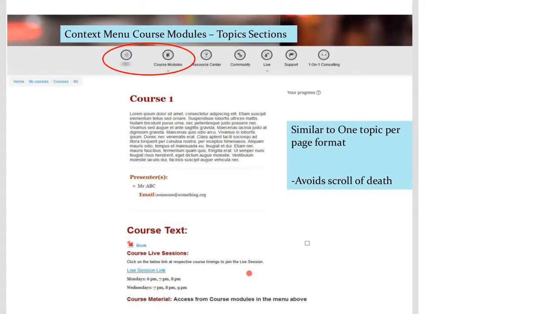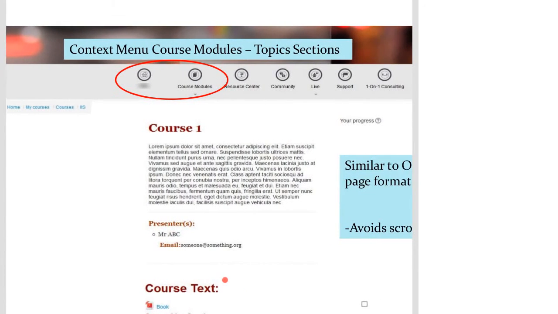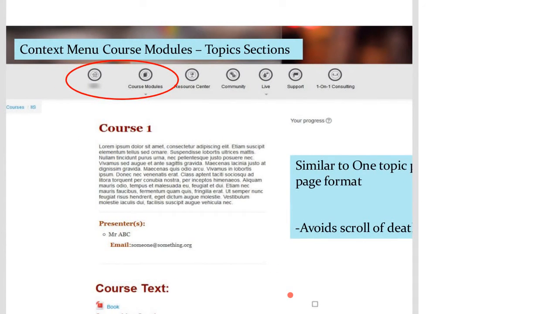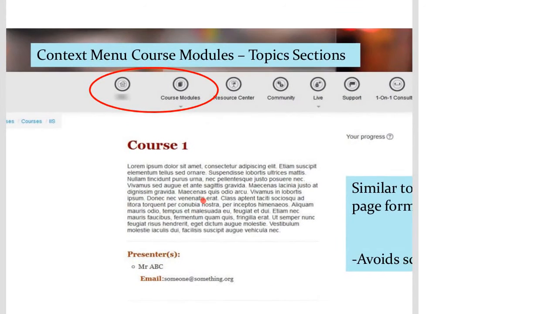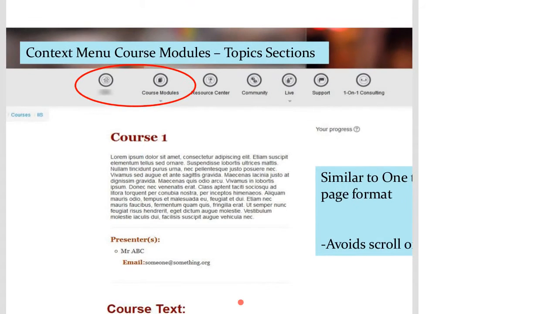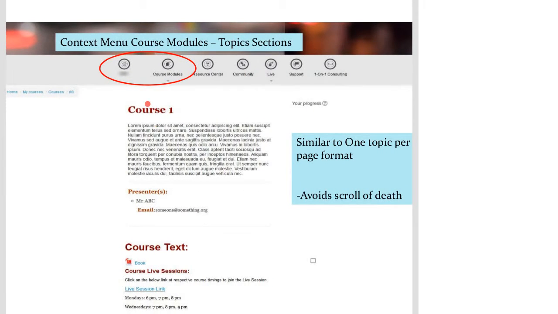We come back to the course page and how it was done. The breadcrumb is actually not visible to the users, so we are not using breadcrumbs. It was just there in the screenshot since I used the old version. Anyway, the course format used in this case study was something similar to the one topic per page format. As soon as the user logs in, he just sees the course summary and does not see the resources on the course page, or the course sections are not added on the course page.